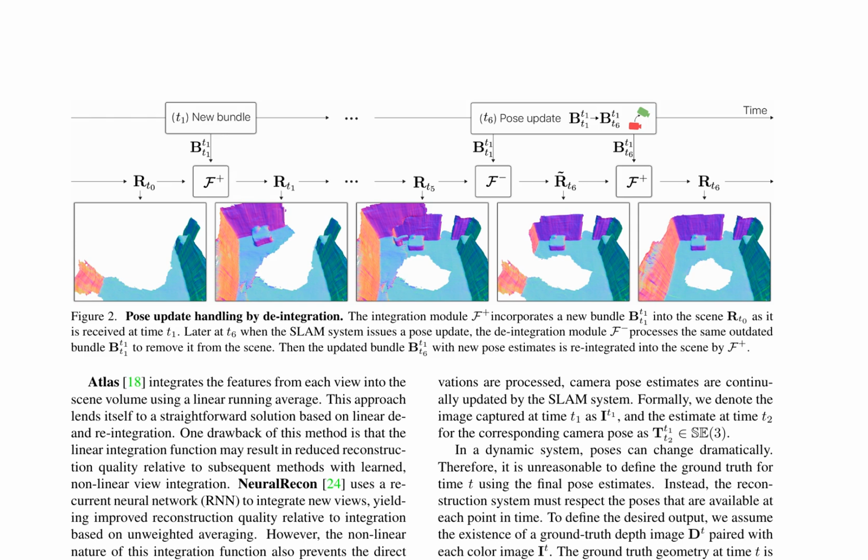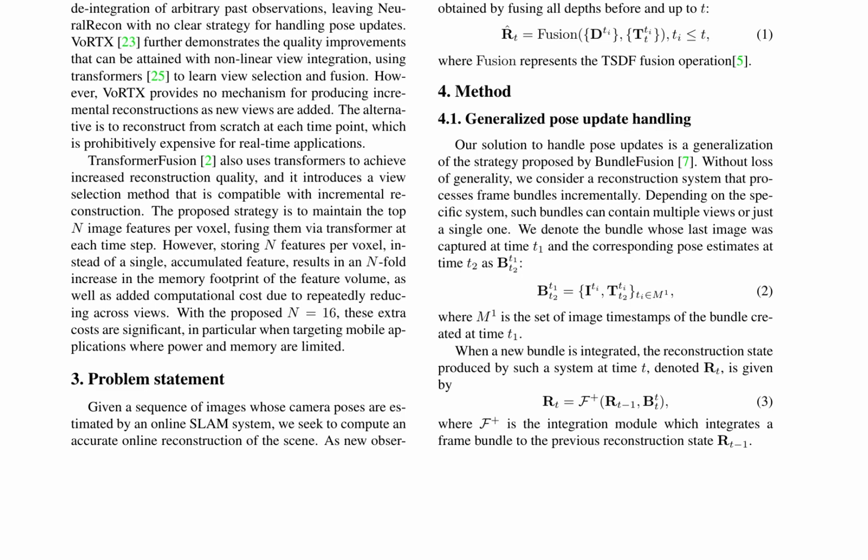The problem statement is defined as computing an accurate online reconstruction of a scene given a sequence of images with continually updated camera pose estimates from an online SLAM system. The ground truth geometry at time t is obtained by fusing all depths before and up to t using the TSDF fusion operation. The proposed method involves a generalized pose update handling strategy, which is a generalization of the approach